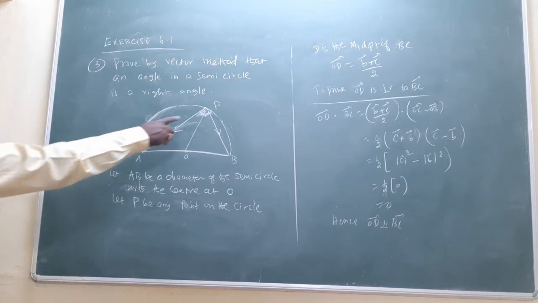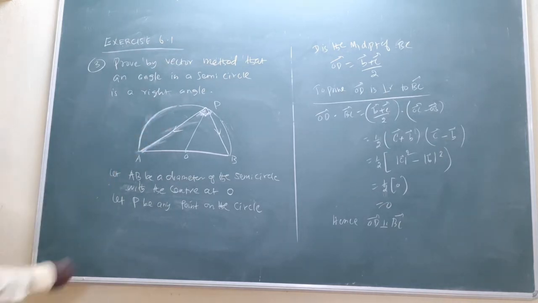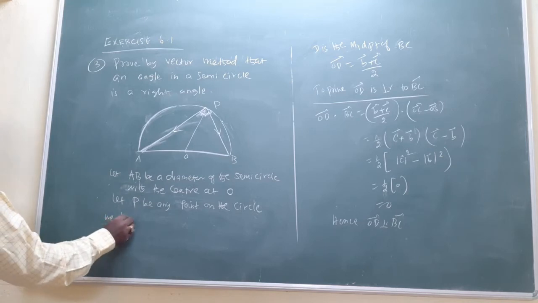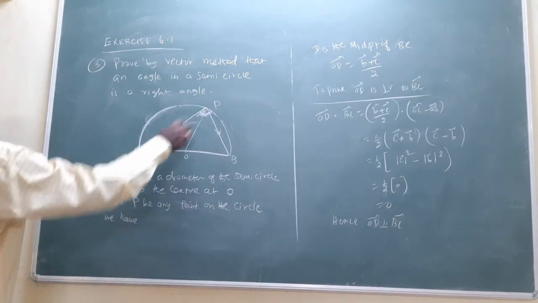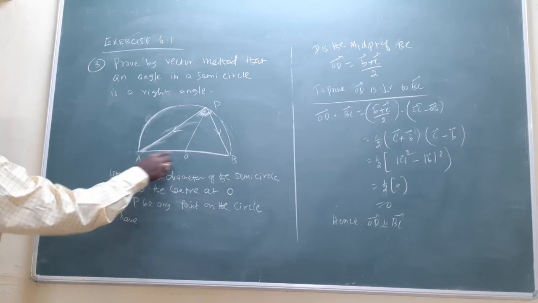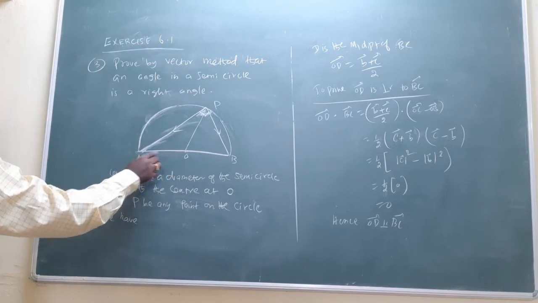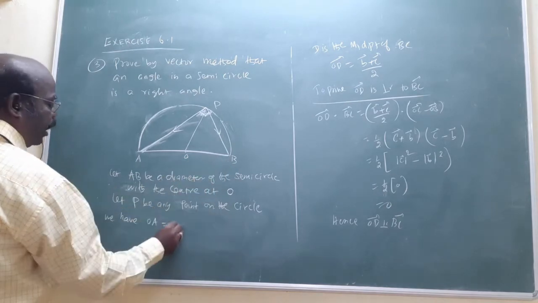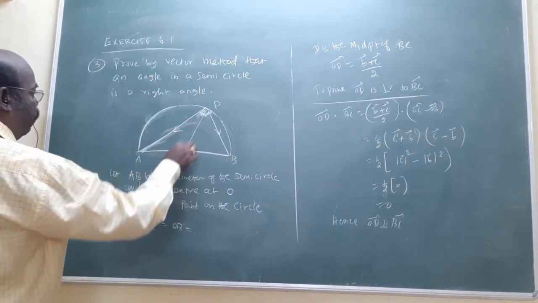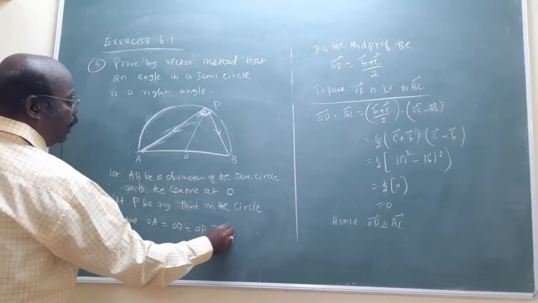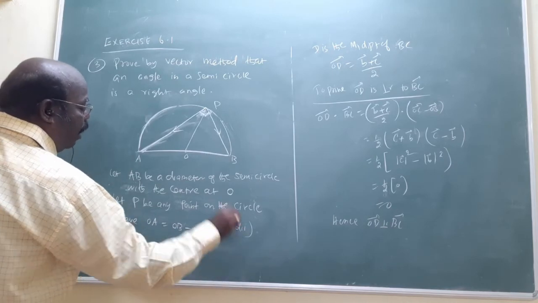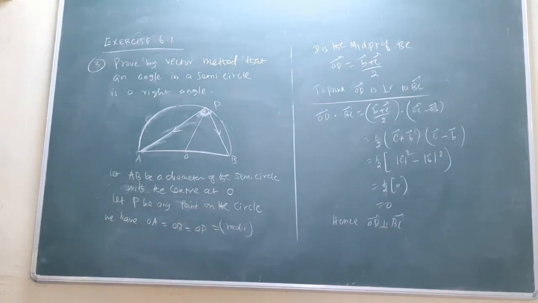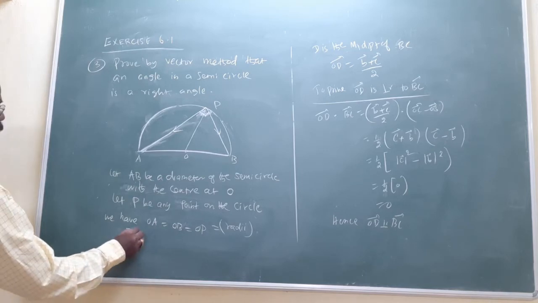to prove this is 90, we have PA, actually OA, this is called what? Radius. OA, this is called what? OB, this is also radius, OP, this is also radius, these are all radii. Am I correct? All the radii will be equal. That is understood. Now, start with the PO.